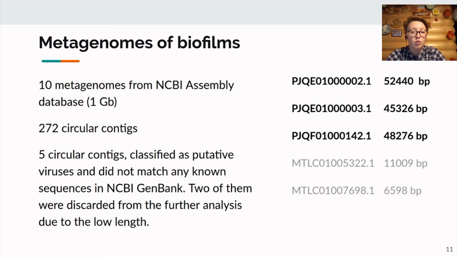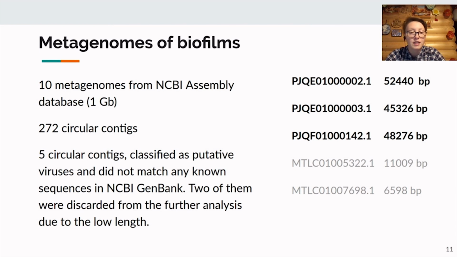Since a large number of results could not be thoroughly inspected manually, we used biofilm metagenomes as a small dataset. A biofilm is a thick layer of prokaryotic organisms that have aggregated to form a colony and are immersed into the extracellular matrix. Biofilms may form on living or non-living surfaces and can be prevalent in natural, industrial, and hospital settings. To date, there are 2 biofilm metagenomes in the NCBI assembly database.